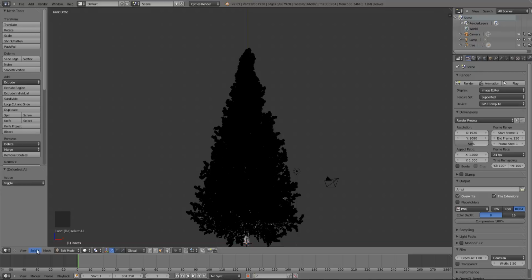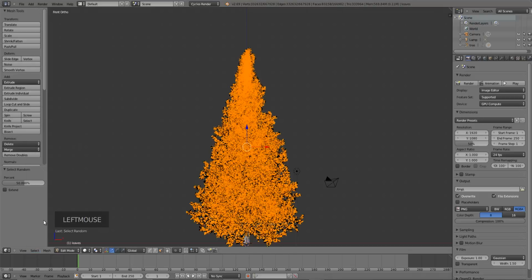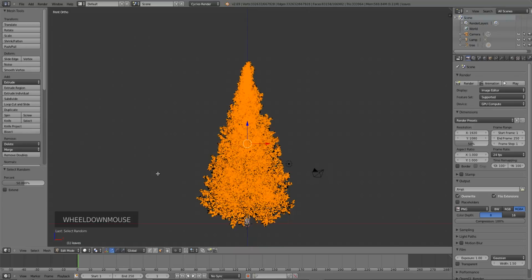There wouldn't really be half a needle, it would just be an edge that wouldn't render, but we would get a lot of extra edges that would slow the computer down for unnecessary reasons. So click on Select, and select Random. Okay, now what we want to do is press C for Circle Select. Maybe expand that a little bit by scrolling out on the mouse wheel. And, oops, wrong button. You want to click and drag with the middle mouse button